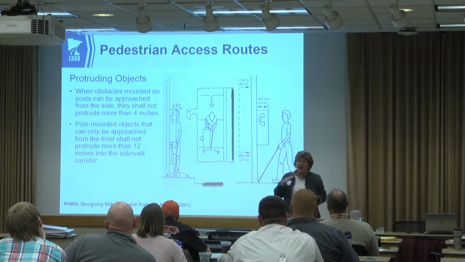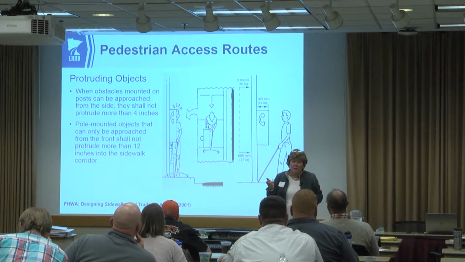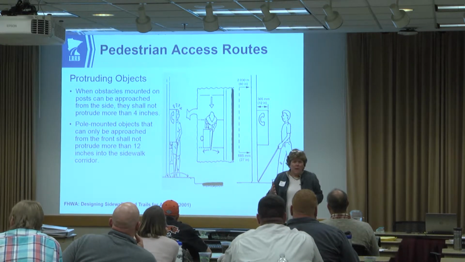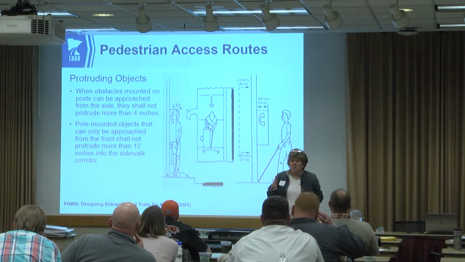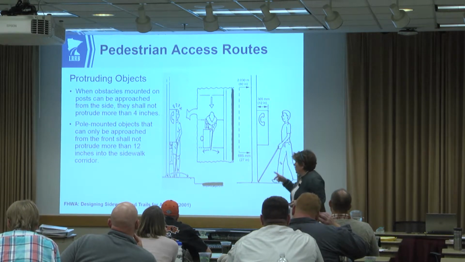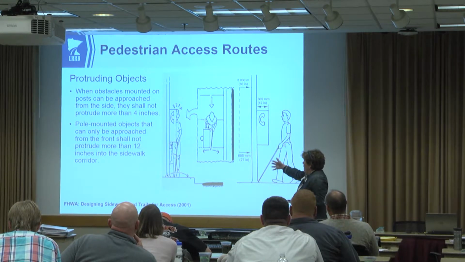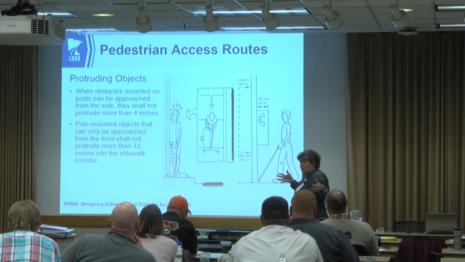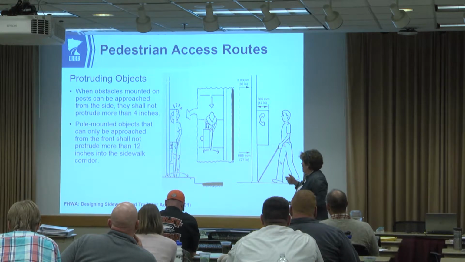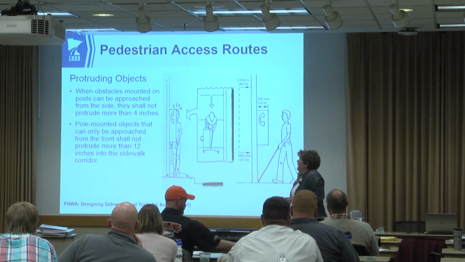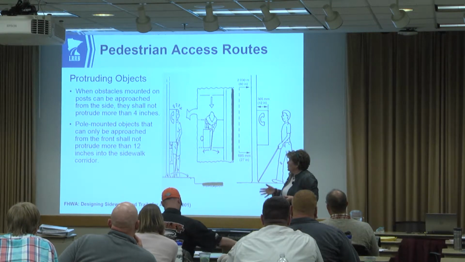Protruding objects cannot become a nuisance for people in our pedestrian access route. So when we have something like an old phone cabinet or a planter or a walk-up window to a bank or something, that cannot protrude into our pedestrian access route by more than 4 inches. Clearly, you can understand why. We need to make sure that if that does protrude, we have another 4 feet for somebody to get around it. Likewise, if it's something that can be approached from the front, it shall not protrude more than 12 inches